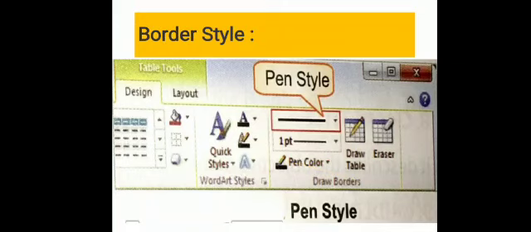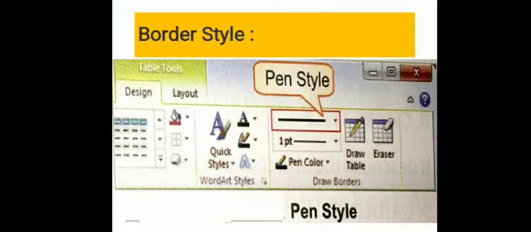So you will find 6 types of alignment, or 6 alignment buttons, on the layout tab that you can select according to your requirement. Align text left, it will start from the left side. Center, from center. Align text right, it will enter your data from right side. Align top, center vertically and align bottom.